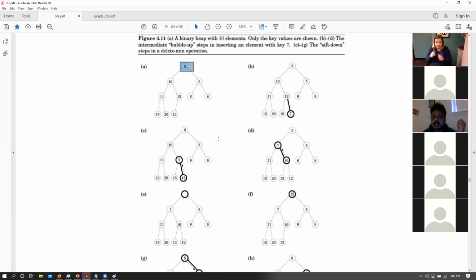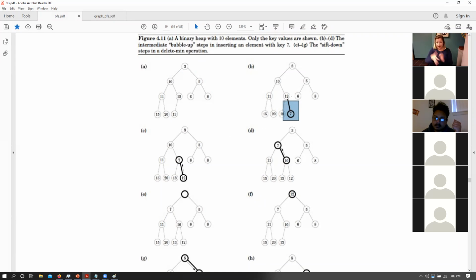But let's say that I'm trying to insert a new value in our tree. Let's say I want to insert the value 7. What we need to do is first insert 7 at the very end of our tree as the last node, and allow it to bubble up to its correct location. Once we insert 7 here, we compare it with the parent. Remember, only one rule needs to be followed: the parent cannot have a value larger than the child.